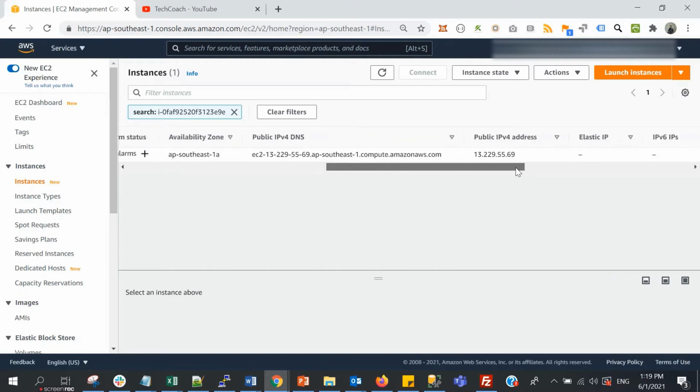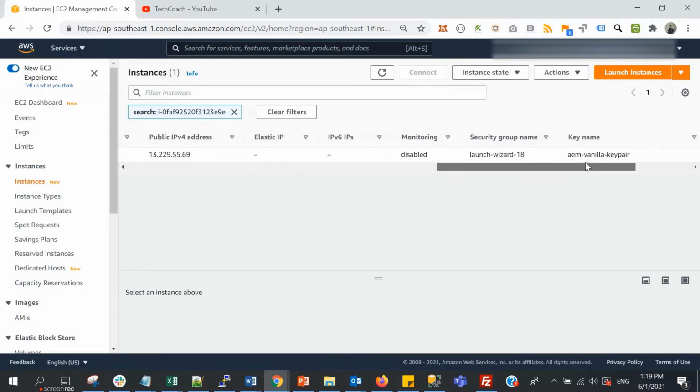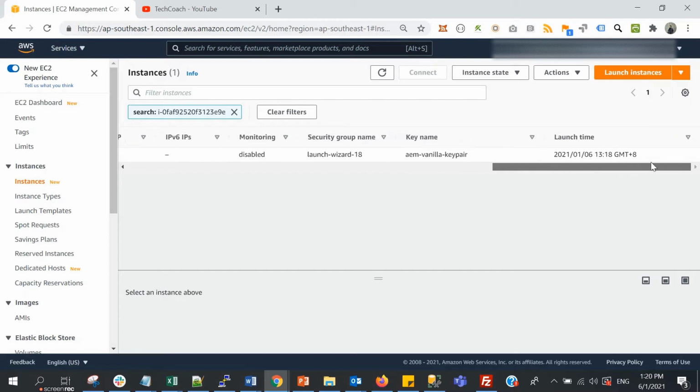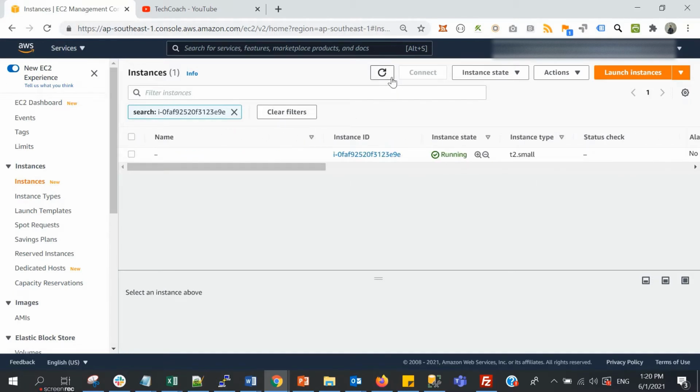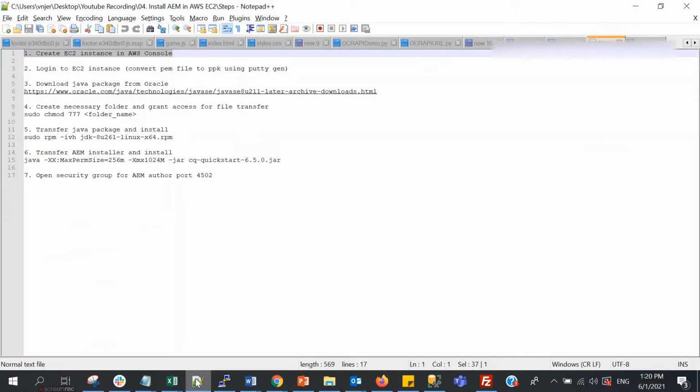We'll see also the public IP and public DNS here, and the security group that we use, the key pair, and when it was launched. Okay, now it's running, but the status check is initializing. I think we have to wait probably 1 minute. Okay, we have done the first step actually.